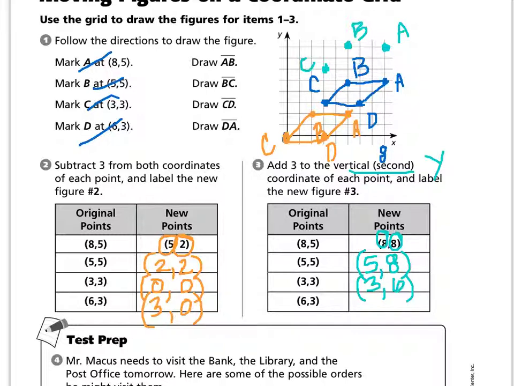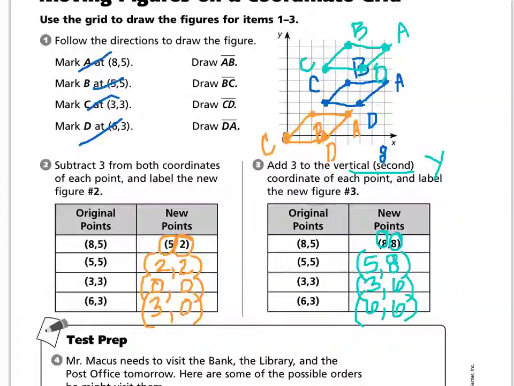And then 6 stays the same, and 3 plus 3 is 6, so 6 and 6. I go over 6, and I go up 6, and I mark it. This is letter D. Go ahead and draw your lines in, and you can see that the parallelogram is shifted